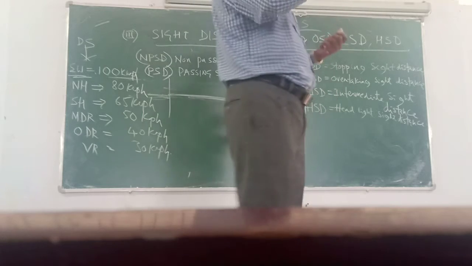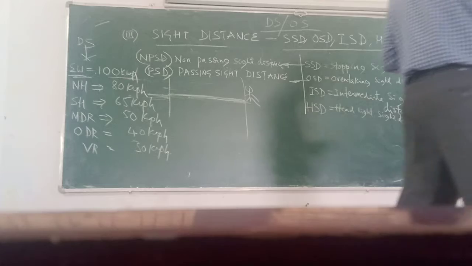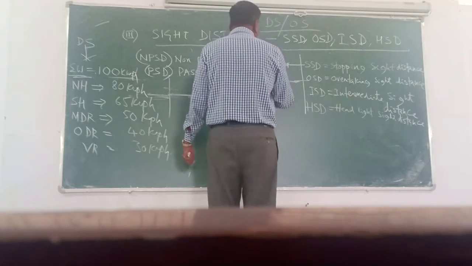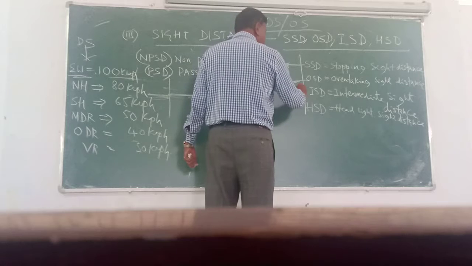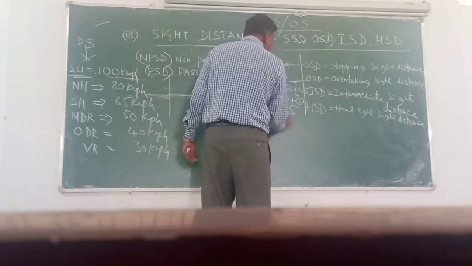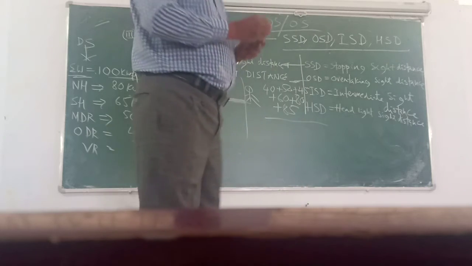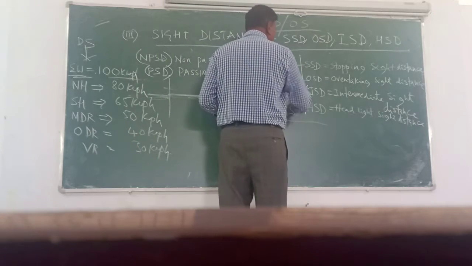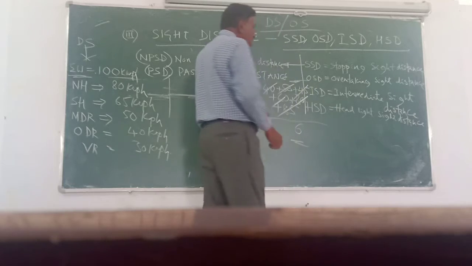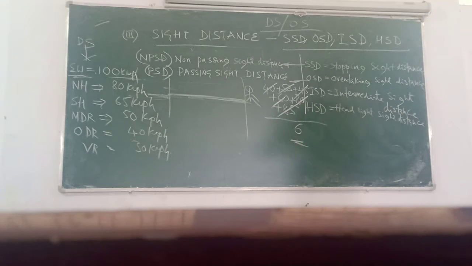Then, on an average, if you ask me what is the average operating speed of that vehicle on that national highway, how are you going to tell? It may be 40 plus 50 plus 45 plus 80 or plus 85, whatever, divided by the number of readings, 1 2 3 4 5 6. That is the average operating speed of that particular vehicle.